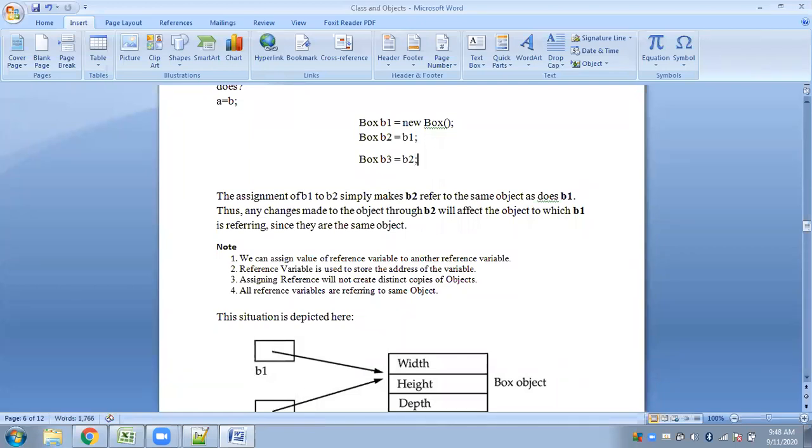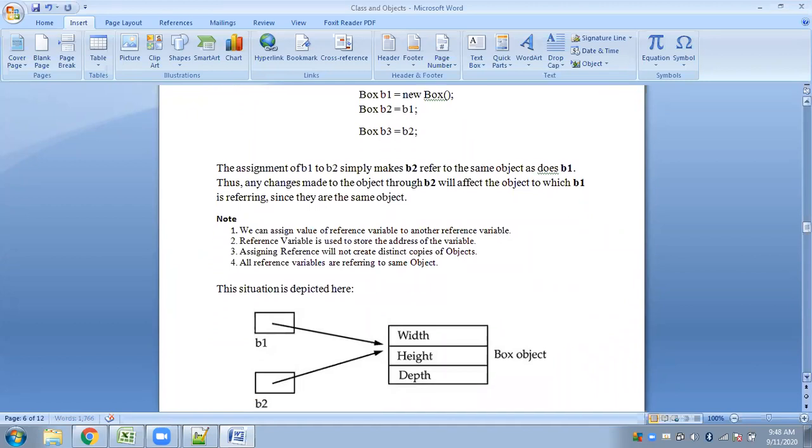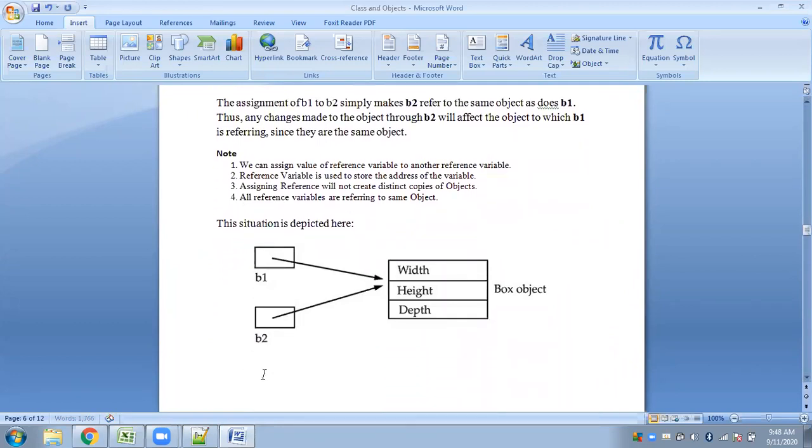On execution, a variable B3 will be created and made to point to this object as well, because the contents of B2 have been copied to B3, and B3 also contains the same address as in B2 and B1. So that is it.